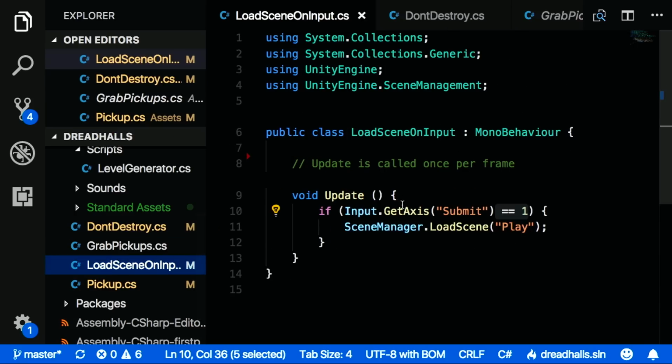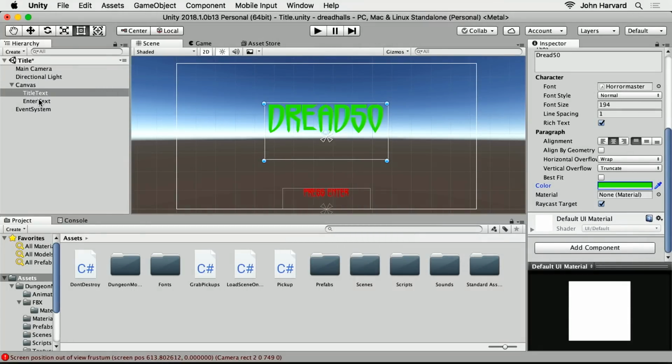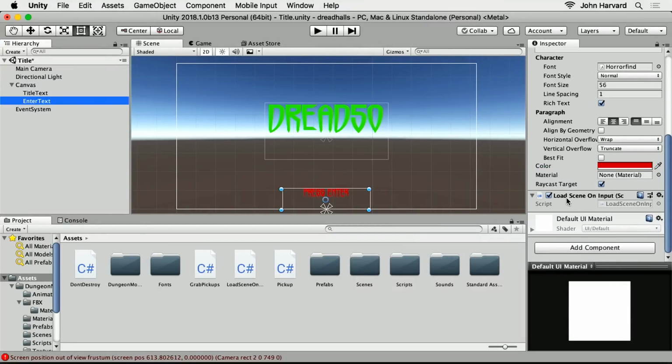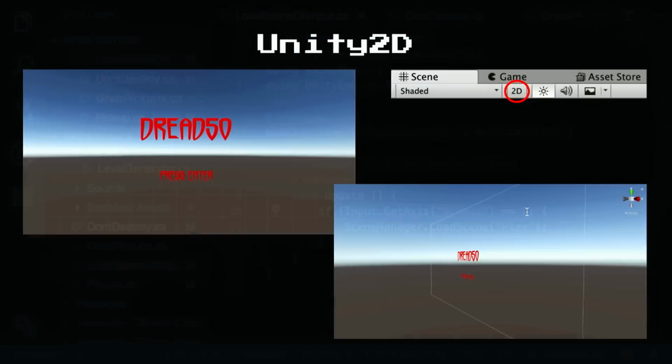So the transition to the rest of the game is in the load scene on input here. So this script that we looked at earlier, this is assigned to one of those text labels. I just gave it to, I think, the enter text, because it seemed appropriate. You could put it on anything in the scene. It doesn't matter, as long as it has this update function, which then has this if input.getAxis submit equals 1, and then recall